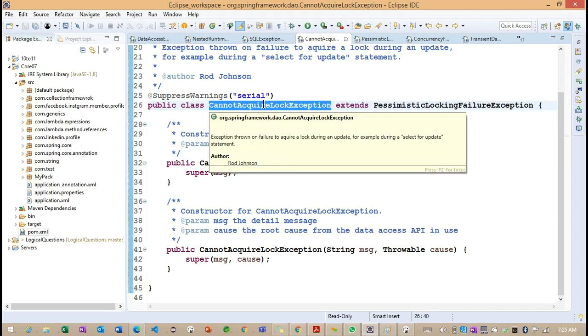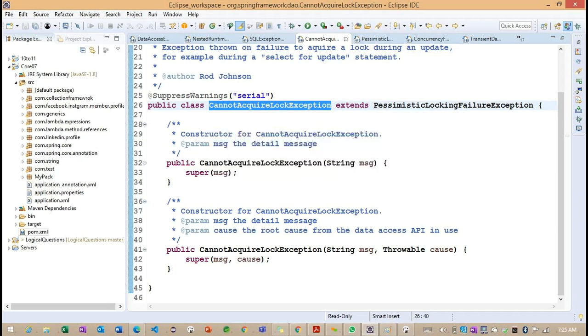Basically, whenever we are working on the locking mechanism while updating or inserting, we may get this kind of exception. Each and every exception has a unique purpose. Now we understand the advantages we are going to get whenever we work with Spring JDBC. So to work with Spring JDBC, what are the ways we can write?